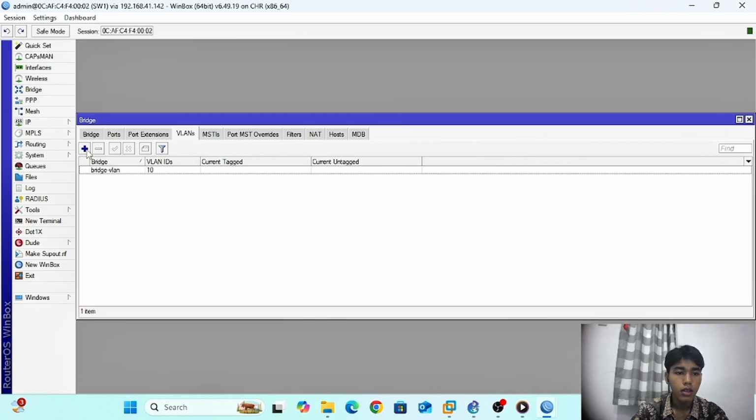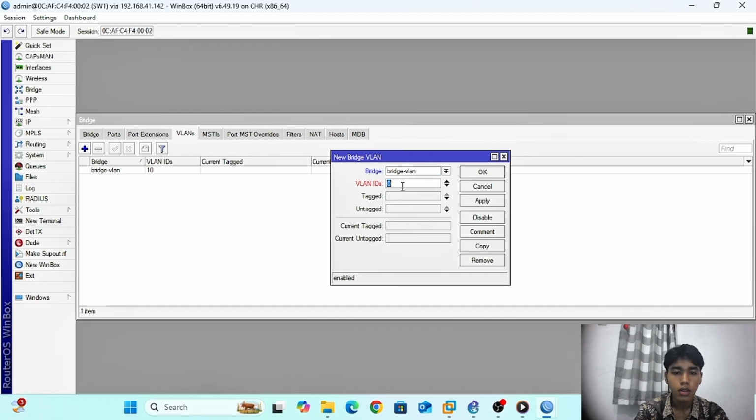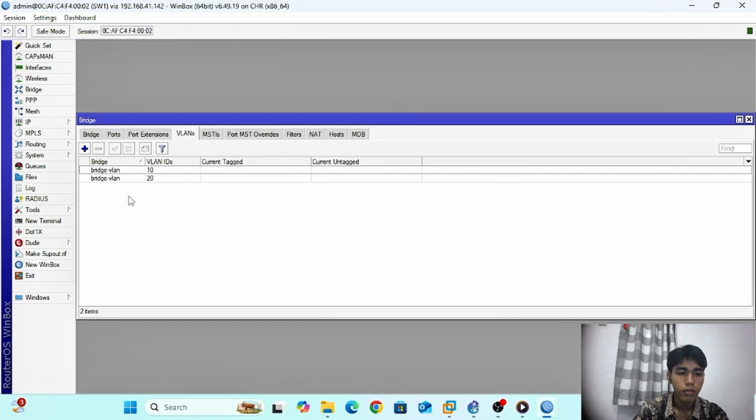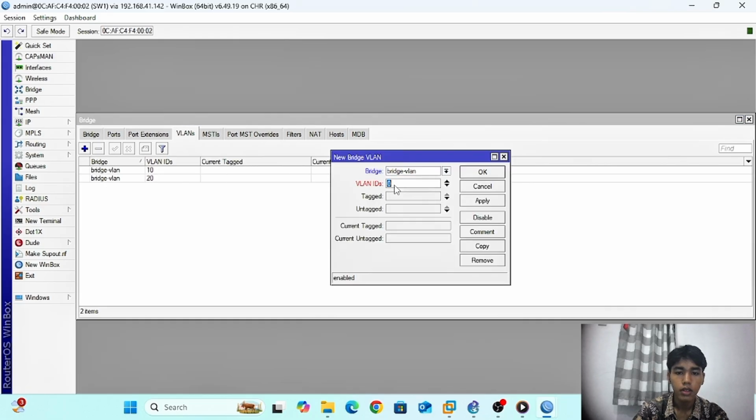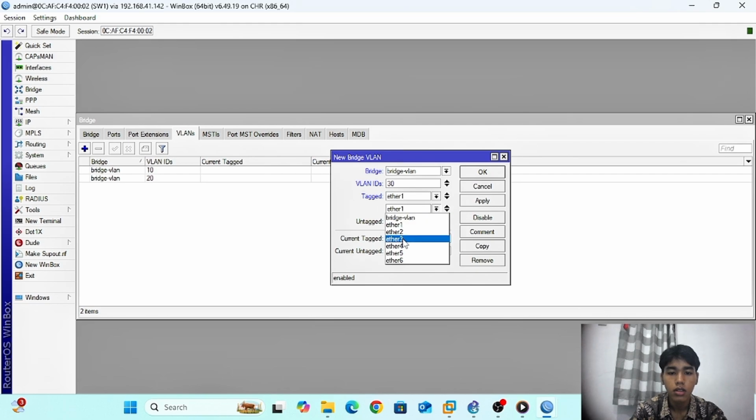Add VLAN 20, trunking ether 1 and ether 2, apply. Add VLAN ID, creating and trunking ether 1 and ether 2, untouched ether 5 and ether 6.